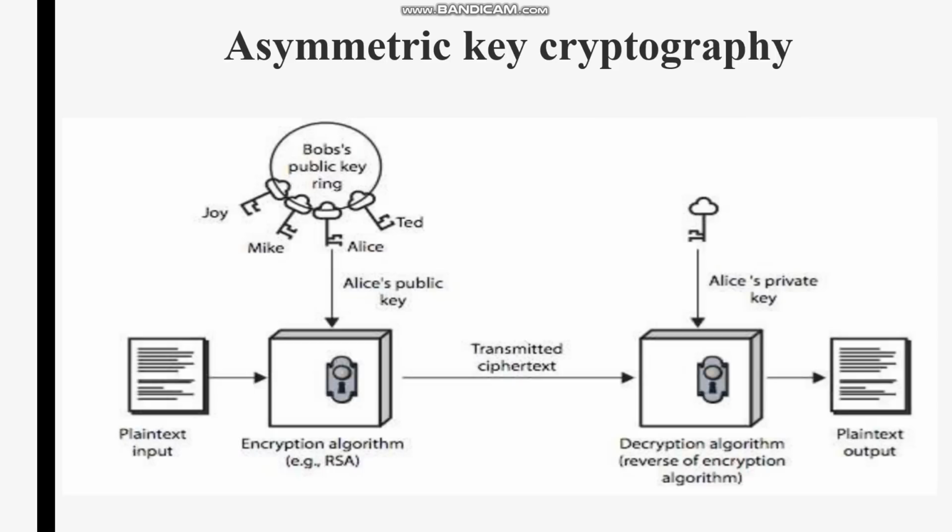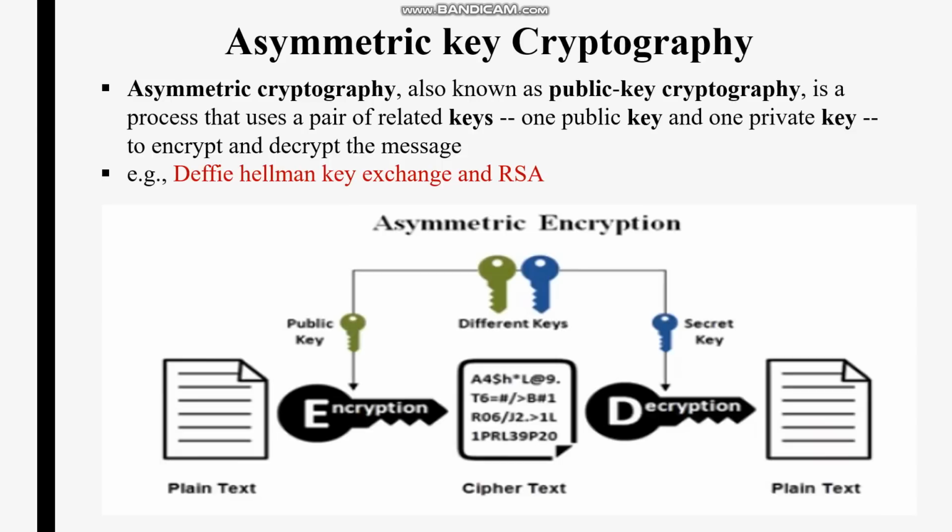Why the name asymmetric key cryptography? Two different keys are used: public key and private key. The public key is known to everybody, and the private key is kept secret. The public key is used while performing encryption, and the private key is used while performing decryption. Now, as I said, RSA is based on asymmetric key cryptography. So in RSA, we use two different keys. Now let us understand this RSA algorithm.